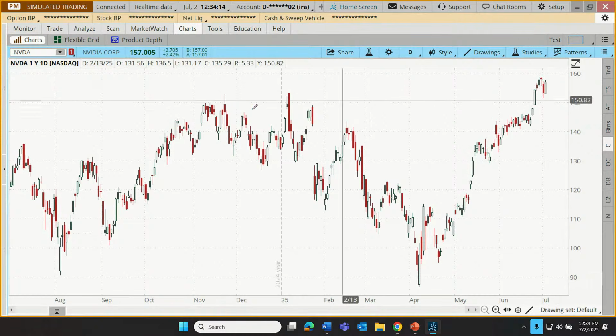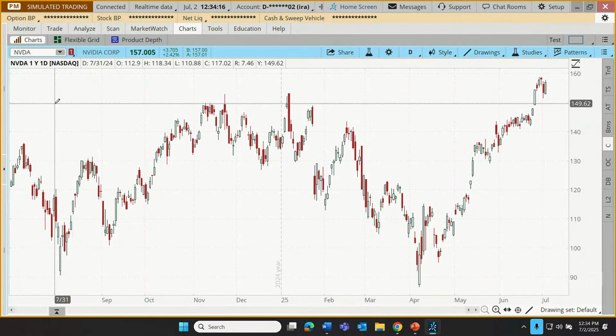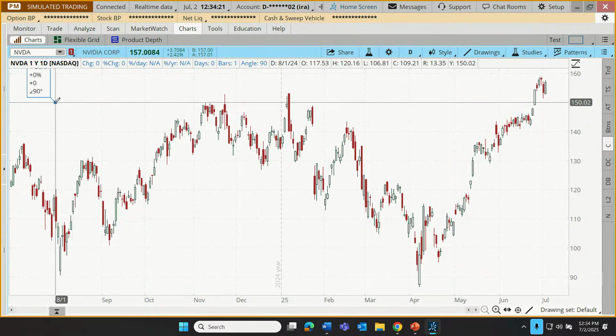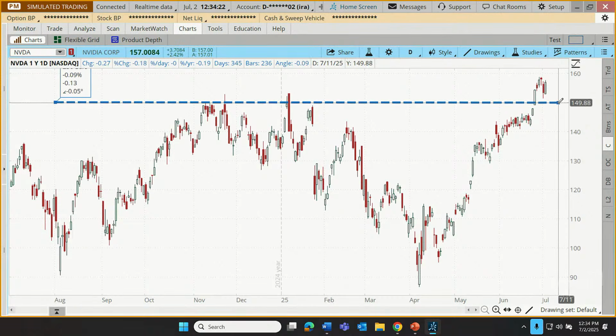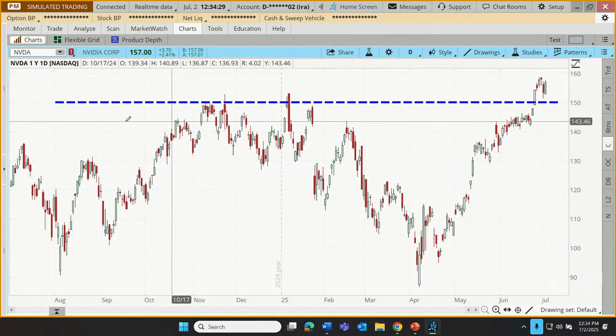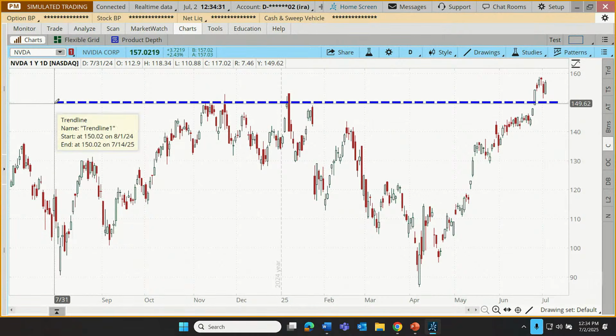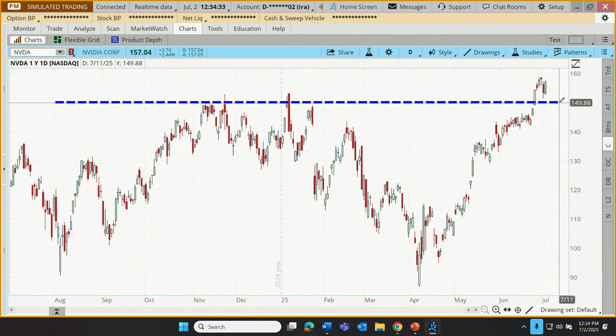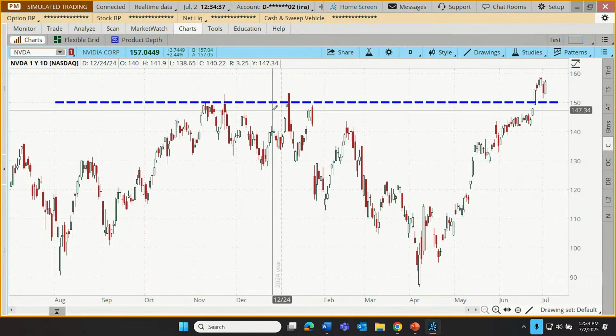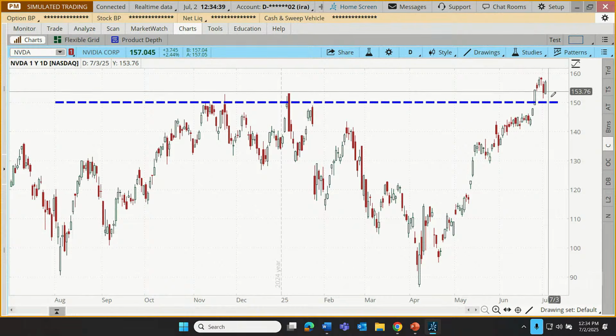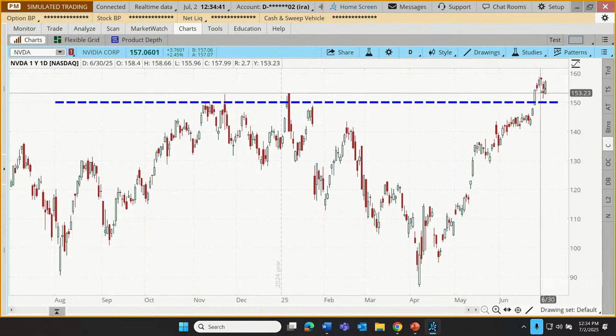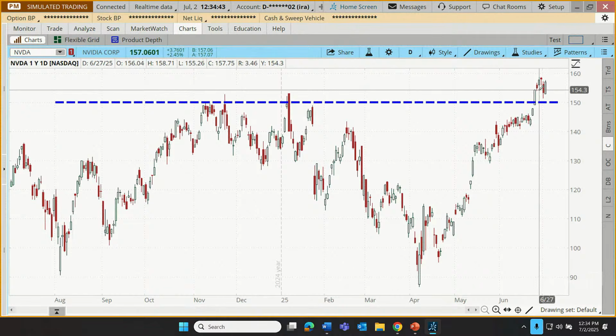So just to represent that, maybe they choose to draw a line in there to highlight it. So I'm going to go over here to just start drawing a line. Let's put it right about 150. And then I'm going to pull it over here to where I want to end that line. And I'm just going to click again. So it's not a click and drag. It's a click once to start a drawing and click again to end a drawing. And now that represents, maybe for our trader, that's where a price ceiling was. Maybe that'll be a new floor, and possibly our stock is taking off. All right.